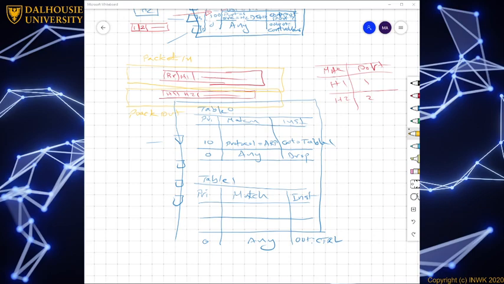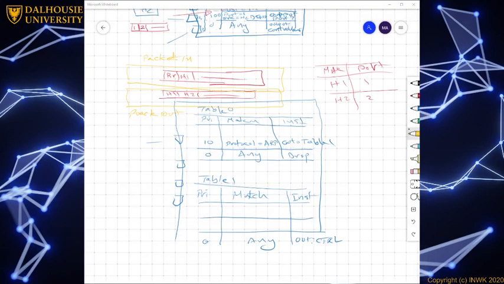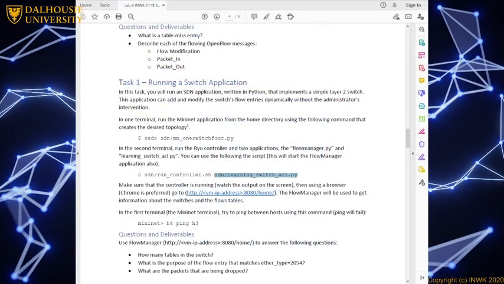Okay, and there's another application that runs as part of this shell script here. It's called Flow Manager. So the Flow Manager is a GUI that allows us to look at all these tables that we talked about in a nice way. You probably did something like that in previous courses, but manually. So we'll do this